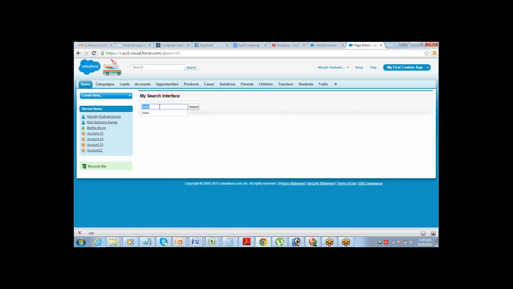So there should be one function which does this thing. And there needs to be one function which will be called on click of this button. This function should take the value, use that value to search, and return the result. Correct? That's the logic. So these two functions are missing, and we're just going to create these two functions.